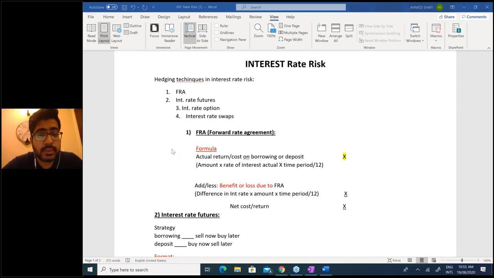Let's suppose you got a deposit case. What did you write above? Return on deposit. You wrote return on deposit in the highlighted area. Now you got benefit. So benefit increases return. Add it. But let's suppose you got a borrowing case. What did you write above? Cost on borrowing. And then you judge you got benefit. So benefit reduces cost. So deduct the benefit.